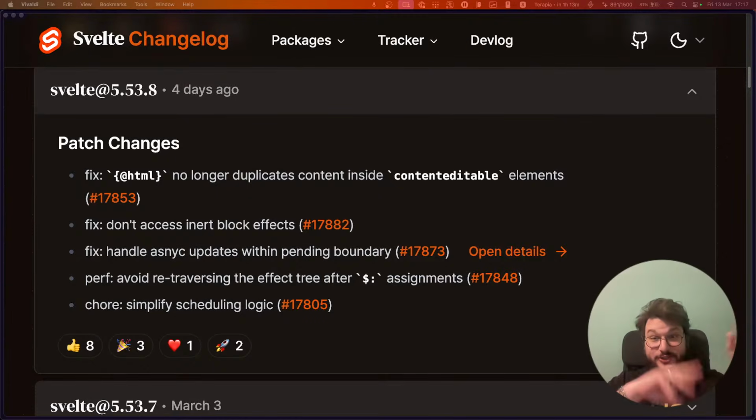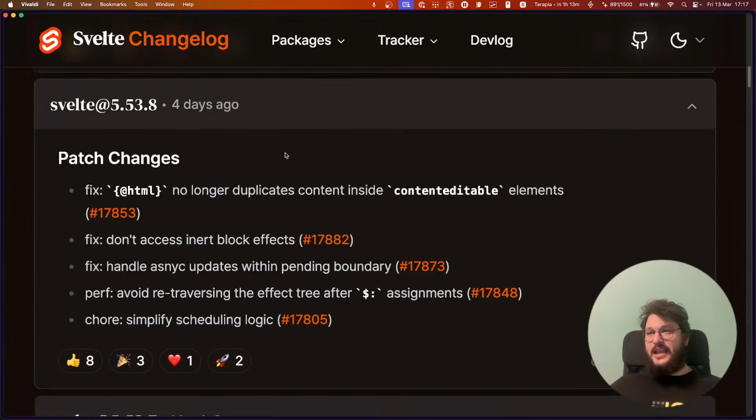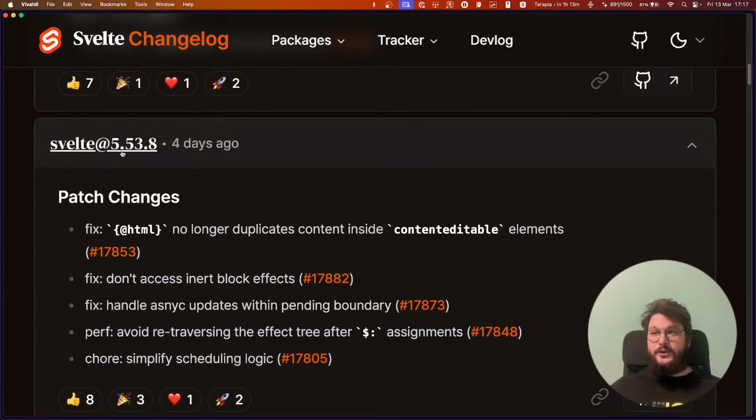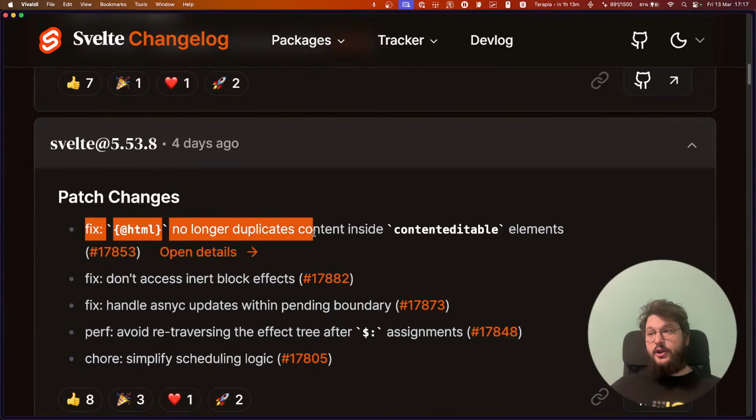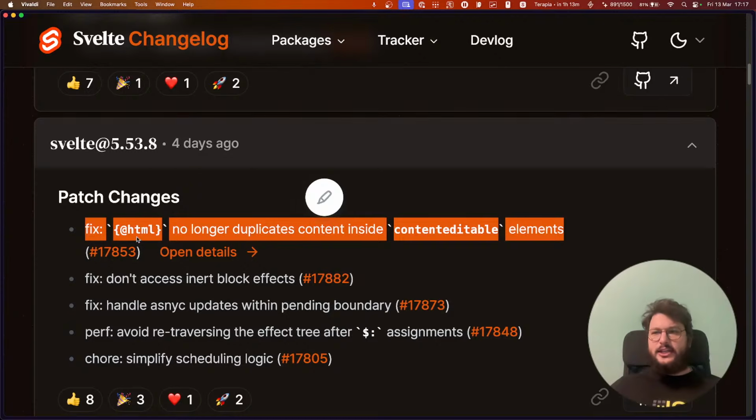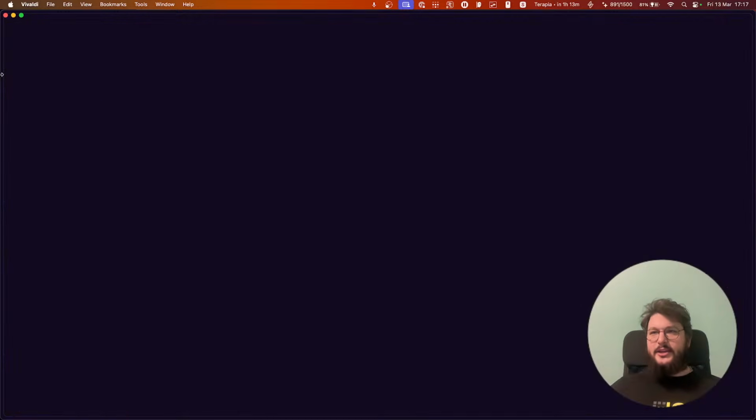Okay, let's dive right into it so that we can get to the interesting bit after the changelog. And we start with Svelte 5.53.8. Fix: {@html} no longer duplicates content inside contenteditable elements. This is actually a bug that I tried to fix and I failed to fix